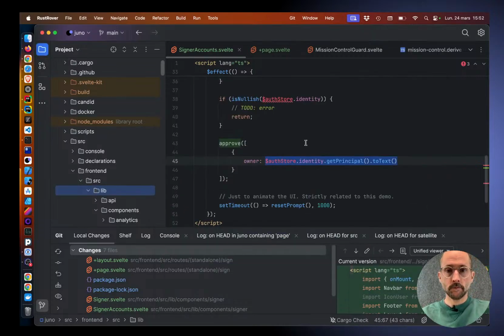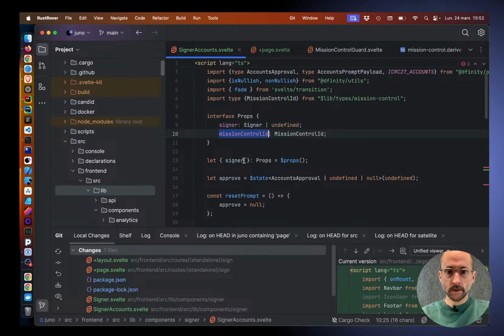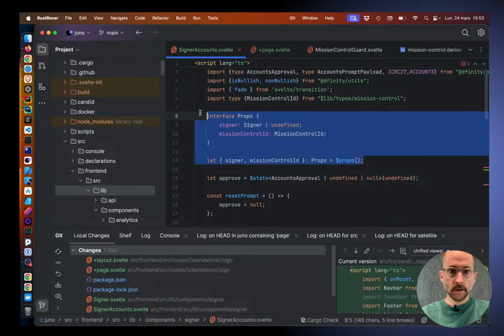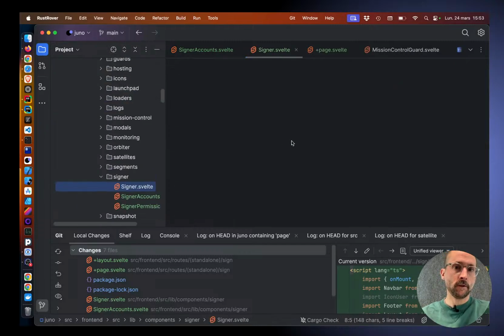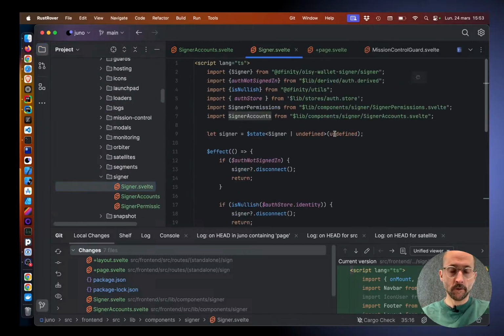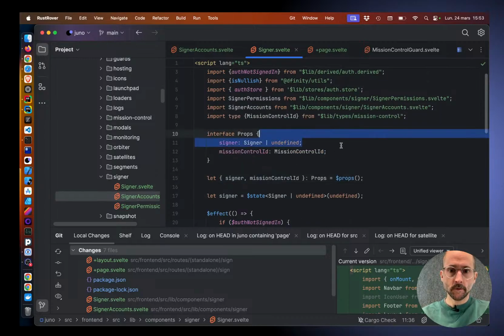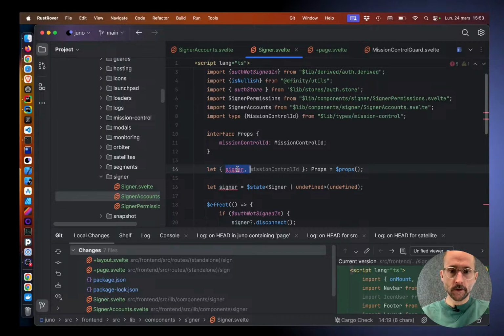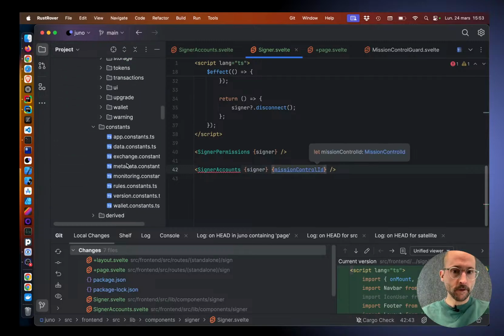So let's put it here, there, but then it needs that in the signer. So that's more like a pattern, something related to the implementation, right? So here we pass the mission control ID that we're going to pass to this one, and then at the root level